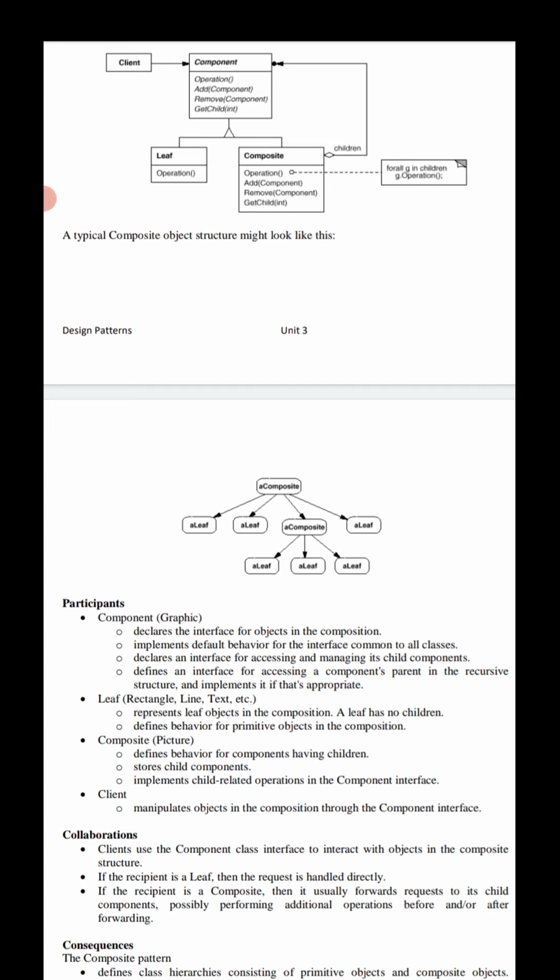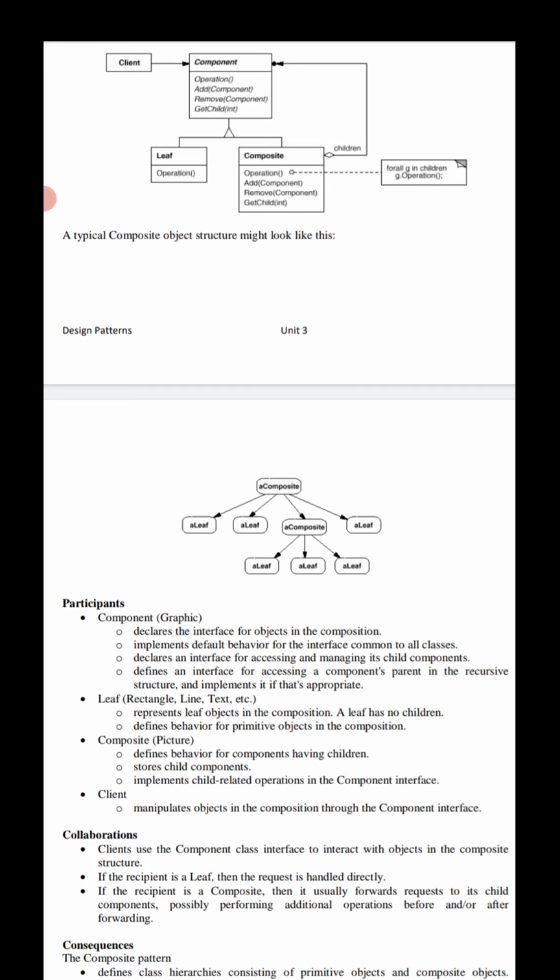So we need to store child components, and we need to implement child related operations in the component interface.